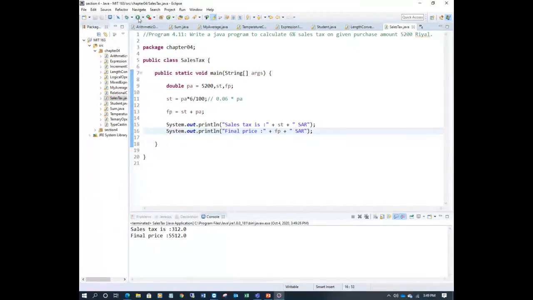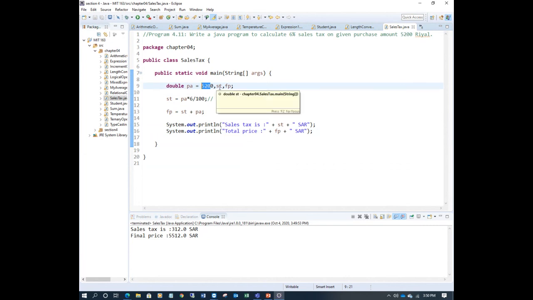So here you can see sales tax 312 riyal, and this is 5,512 total price, final price. Total price is better, after sales tax. This is before sales tax.